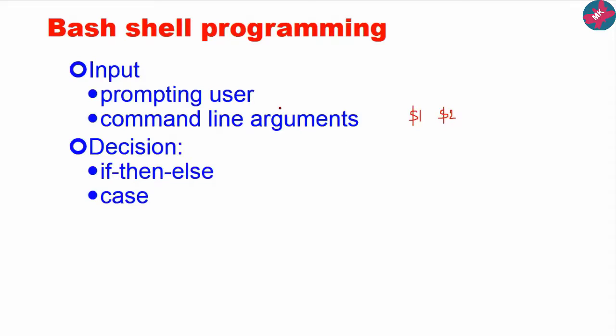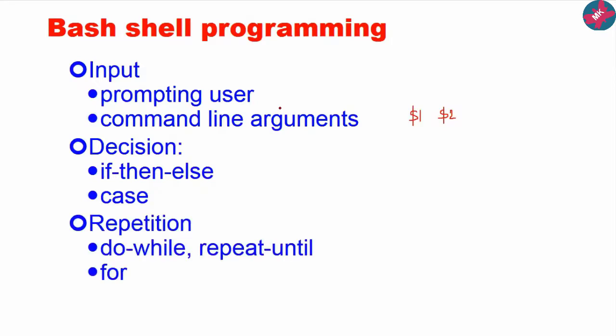Then, as I have explained, decision controls are there. The if then else pattern is there, and case is there. Today we are going to go into depth to understand how if is implemented. Third is repetition, where different types of loops are there. This is present in every language, isn't it, whatever we have studied so far, like C language or Java language. So these constructs are there as well. The only different thing is that the syntax is a little bit different. One by one we will see all the different things, but today we will concentrate on if then else.